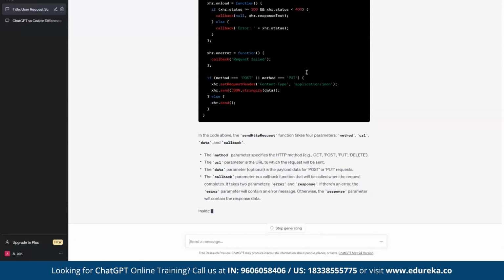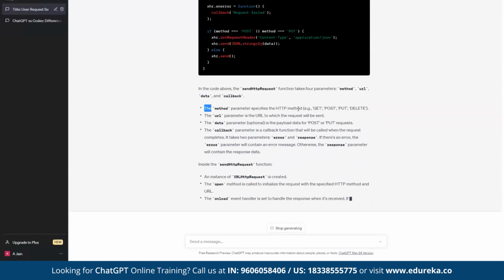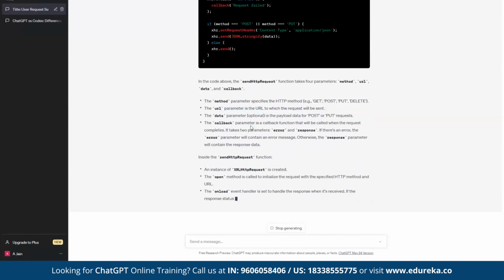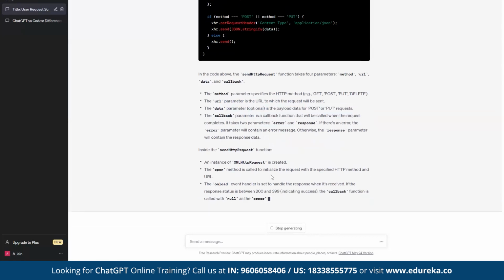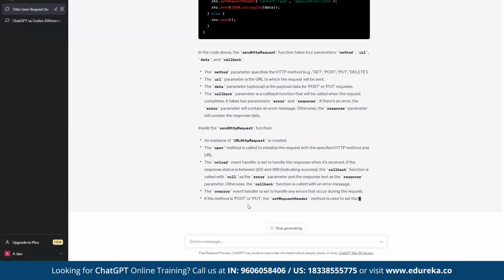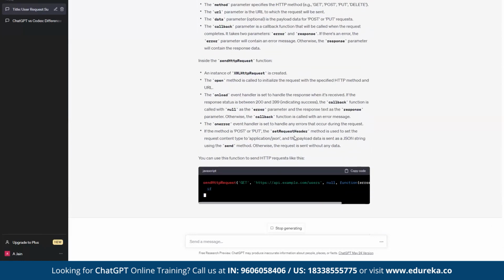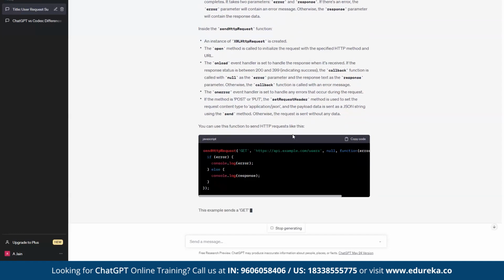And not only writing code, the more important part is it will also explain the code to you. Why am I writing this? What is the basis of this? What is the relevance of this function? Everything in detail, it is creating a report. So it is not only writing the code, it is also explaining the code to you, right? So this way you can see that ChatGPT is quite important, right?